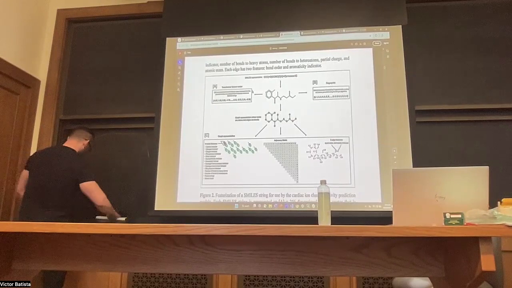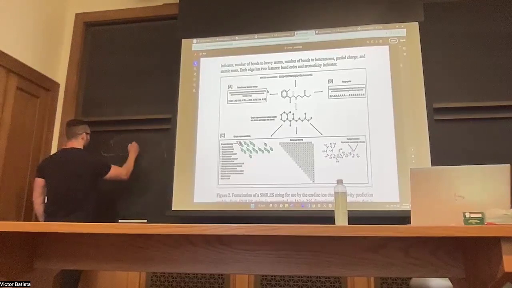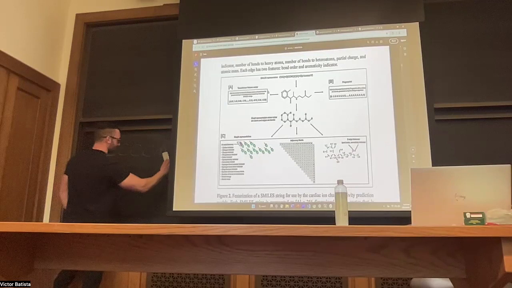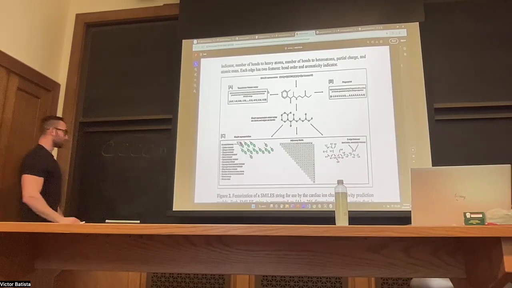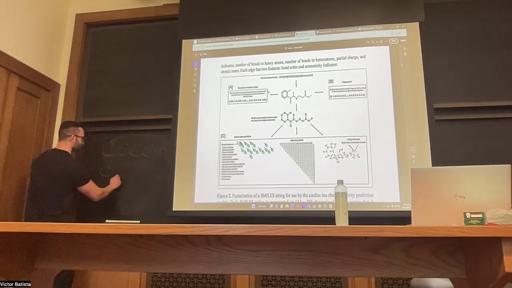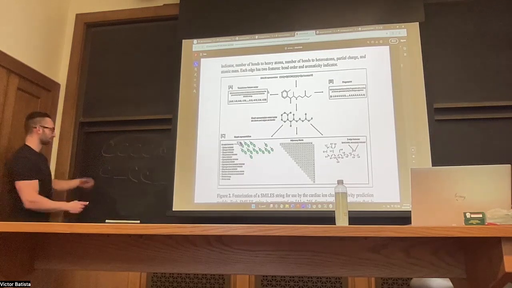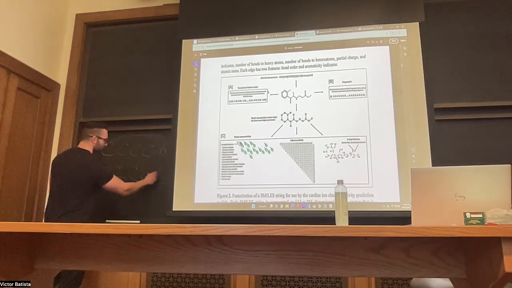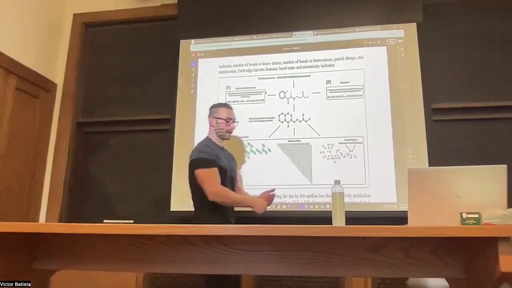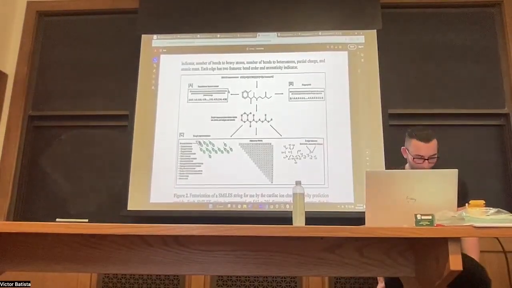Okay. So say you have a SMILES string, just something super simple. All right, here's your SMILES string. We train a transformer that takes this, randomly masks tokens, and then the task is to predict what is supposed to be there. That's the task. Okay, so it turns out if you do this on millions of SMILES strings, you wind up